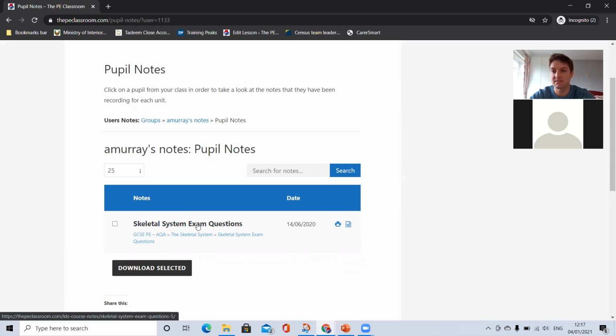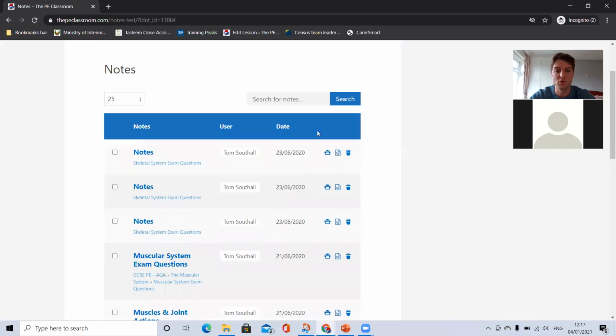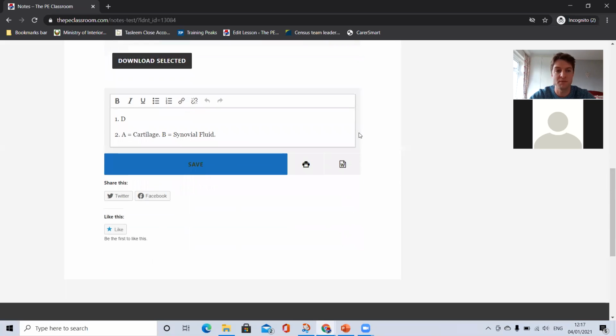And it might be that I've asked my class to have a go at these exam questions and give themselves some feedback or mark the questions themselves. So I'll click on skeletal system exam questions. All I do now is scroll to the bottom of the page, and these are the answers that my pupils have written down. And what I can do as well, if I want to, is write some feedback for